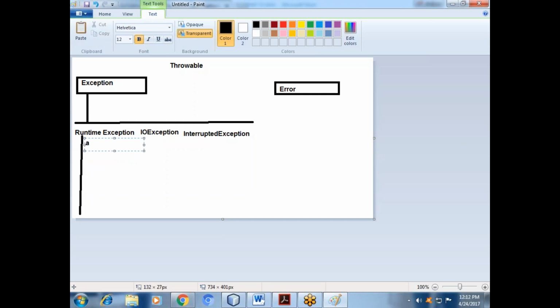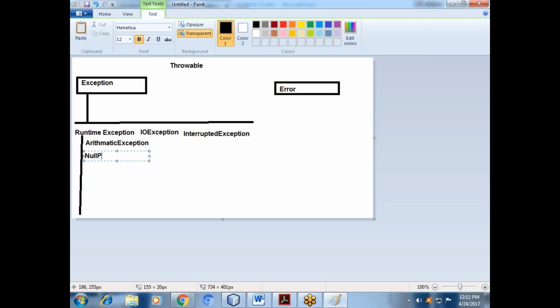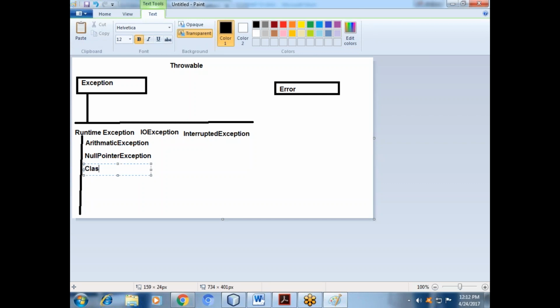Then you will get NullPointerException. Then you will get ClassCastException.